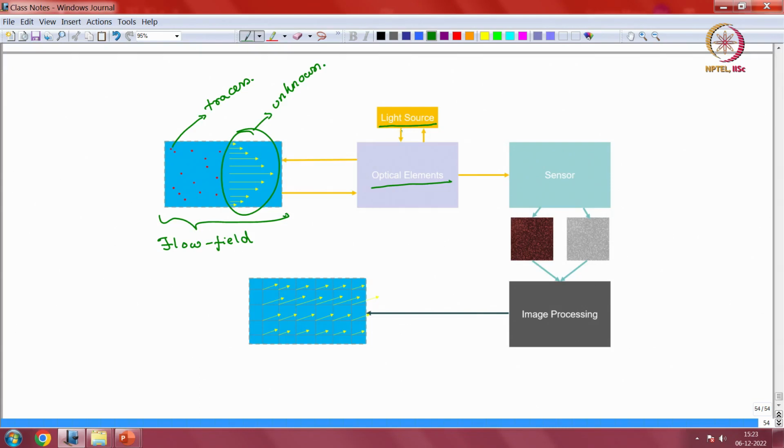So, the light source sends light via the optical elements to my tracers. Okay. So, this light comes and it interacts with my tracer particles, and then the light goes back from the optical element, and then this light goes to the sensor. Once it goes to the sensor, it is usually a camera, right? We have discussed this before, and the camera